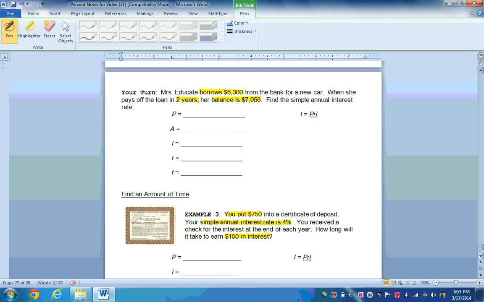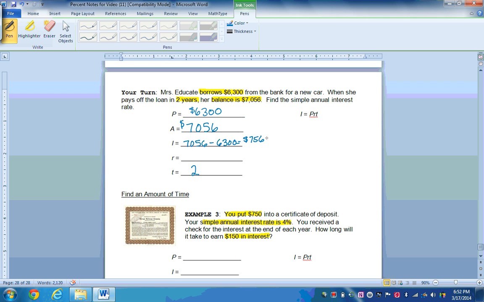Alright, let's take a look at it here. Mrs. Educate borrows $6,300. That is our principal. It's what she started with, and I need to fix what I wrote there. $6,300. And she pays off the loan in 2 years, so my time is 2, and her new balance is $7,056. So to get our interest, you should have subtracted $7,056 minus $6,300, and we come up with an interest amount of